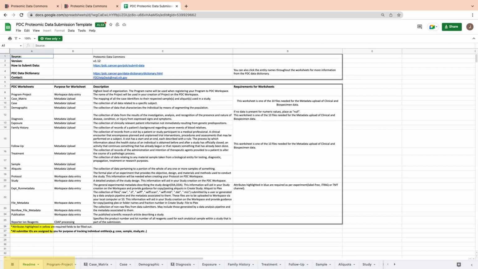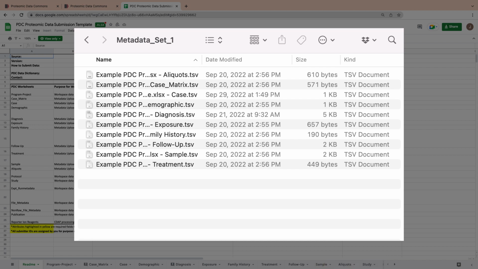Once you add your metadata to the template, you'll need to save each worksheet, the case matrix, case, demographics, diagnosis, exposure, follow-up, family history, treatment, sample, and aliquot worksheets as separate TSV files. If you have no data for the exposure, follow-up, family history, or treatment entities, you may upload blank files with only the headers filled out.